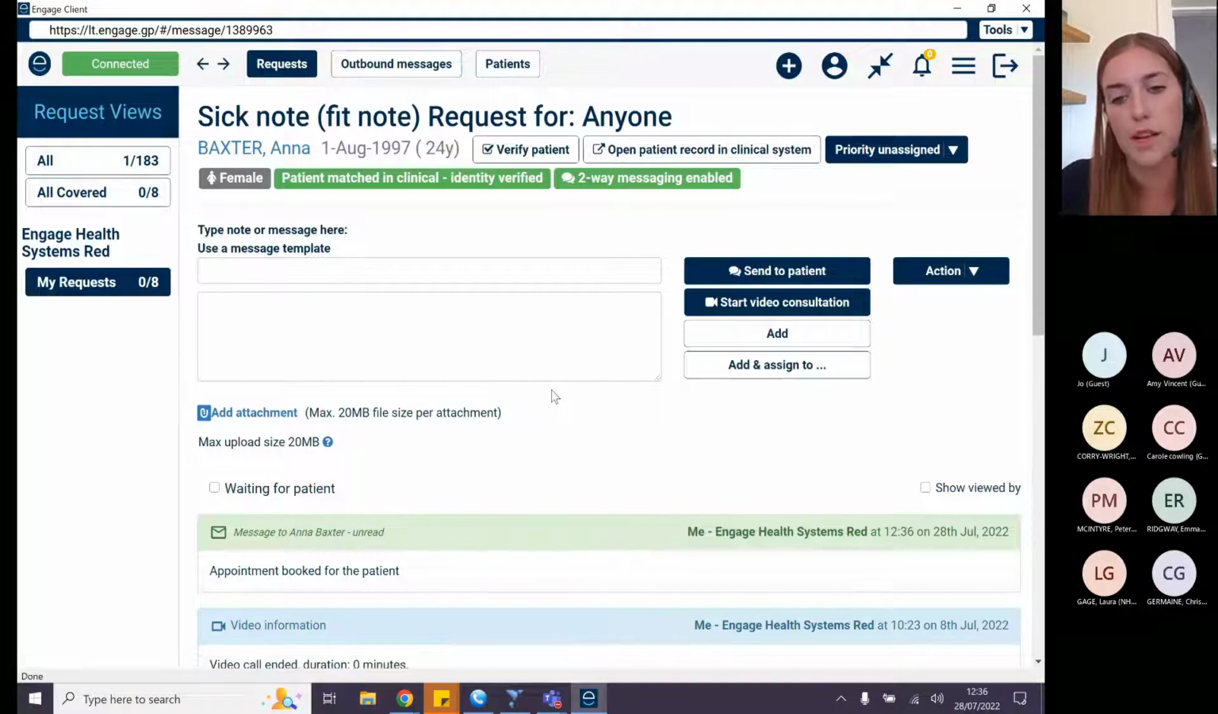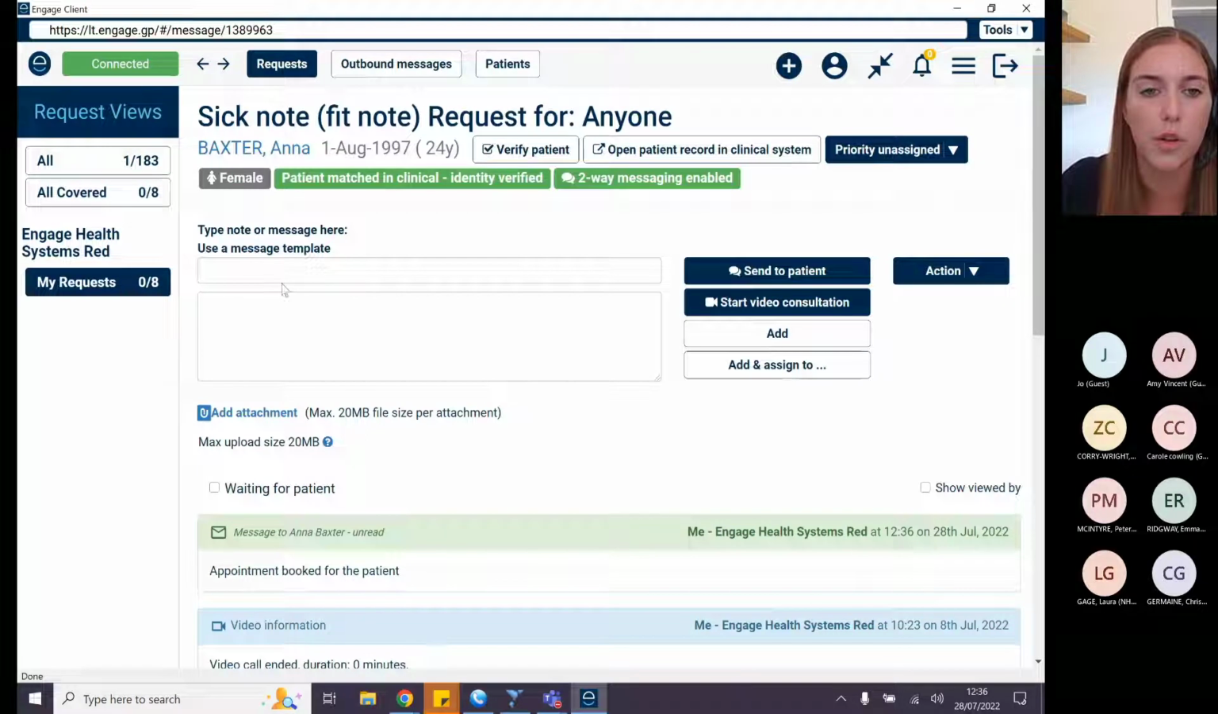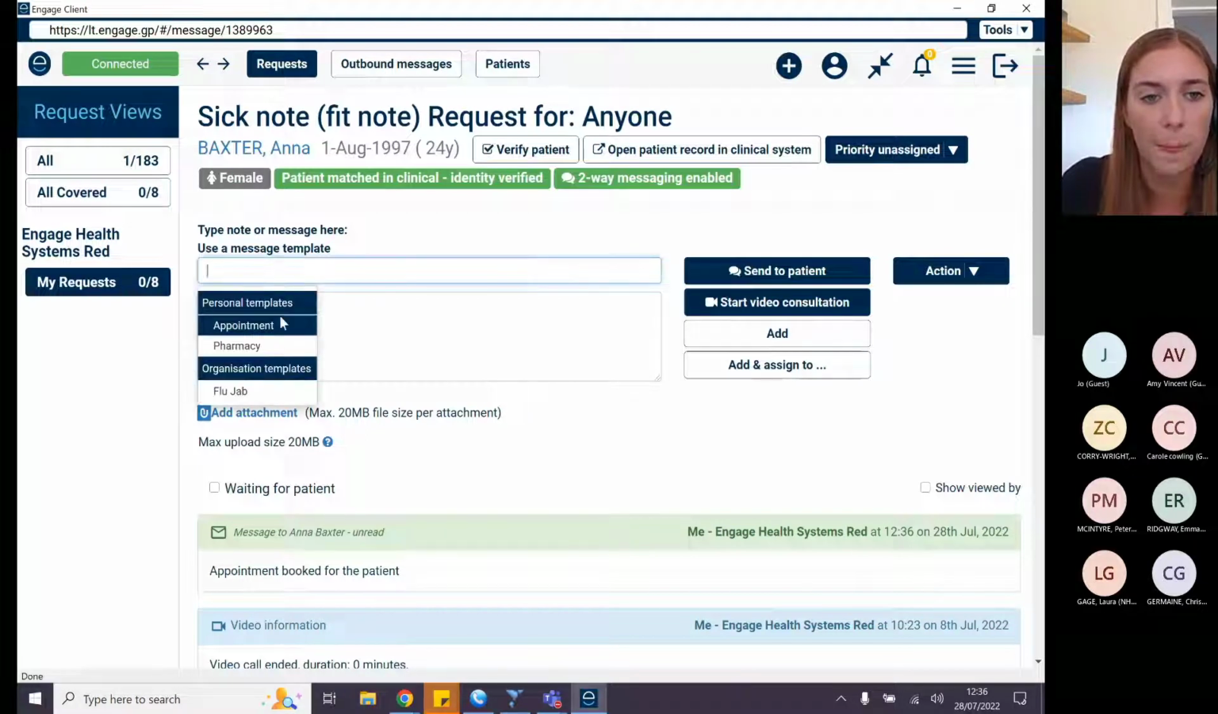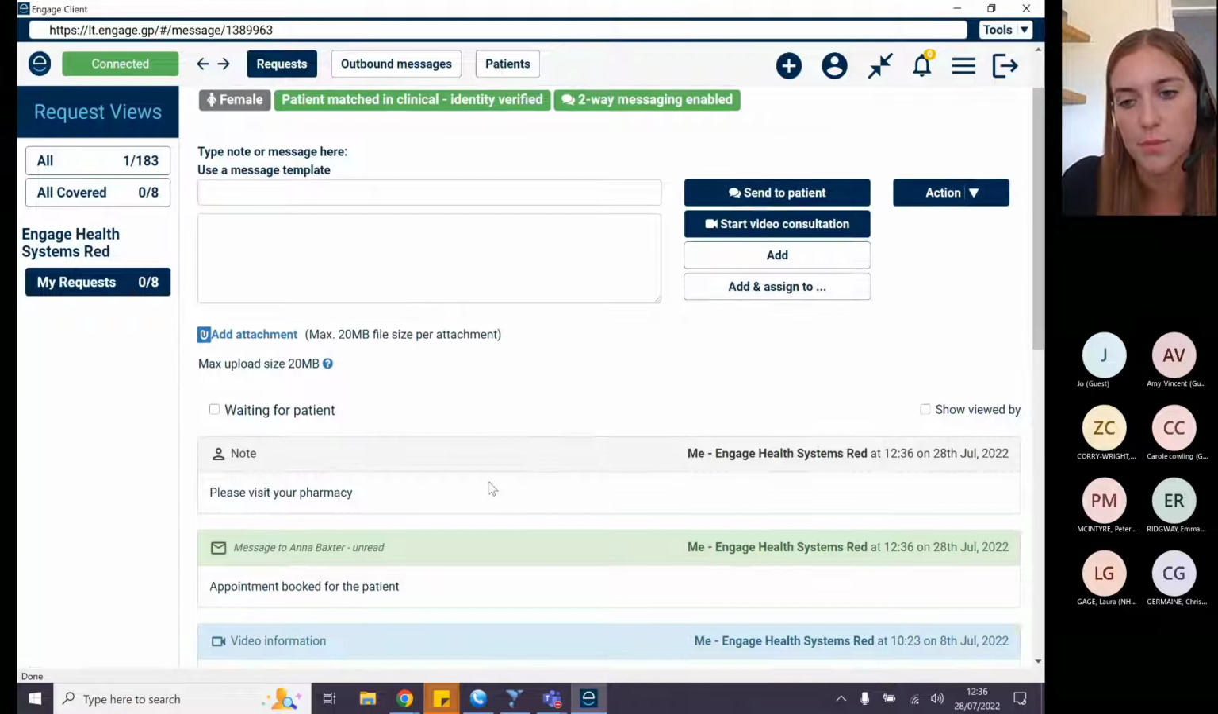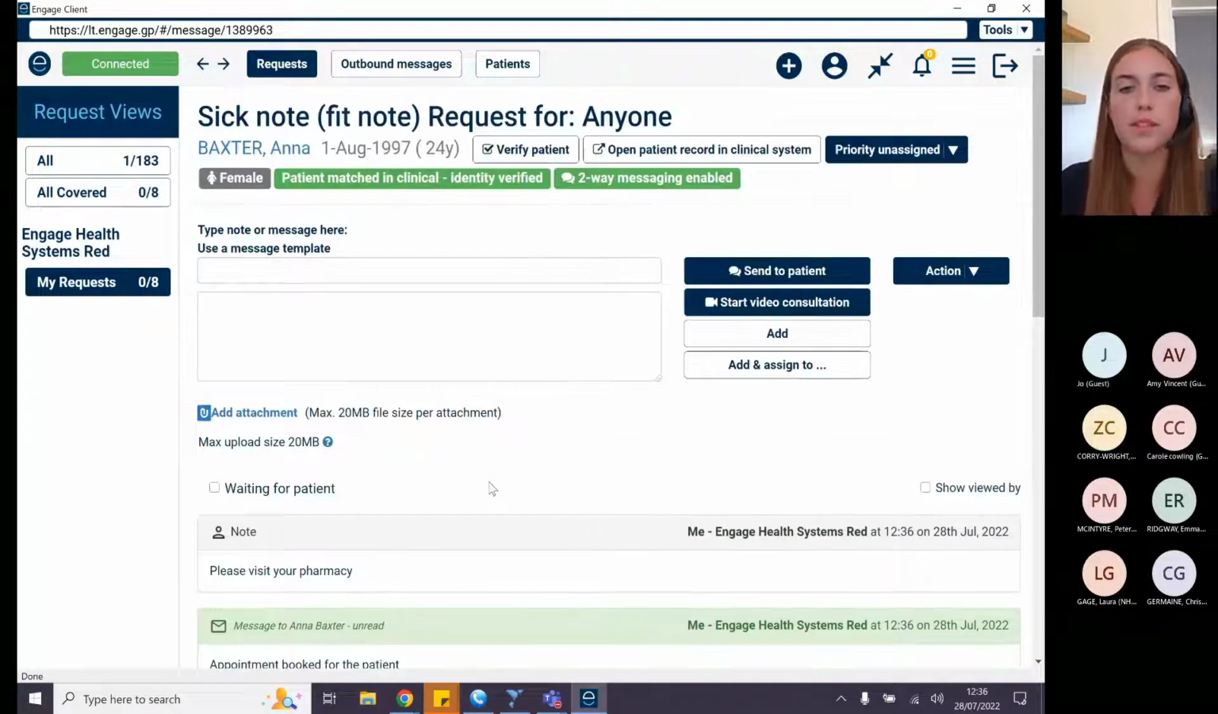So it just saves you time instead of having to write those messages over and over again. But you can also do the same for a note. So again, I can go in here, I can choose my template, and then I can click to add that as a note instead. So that's how you can use those message templates and add them to the request or send those to the